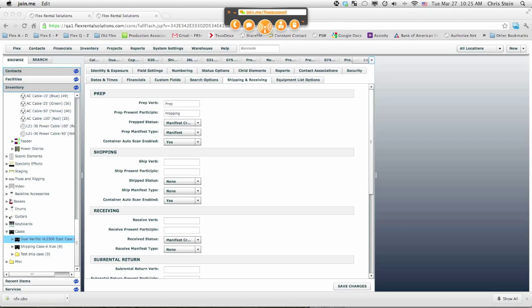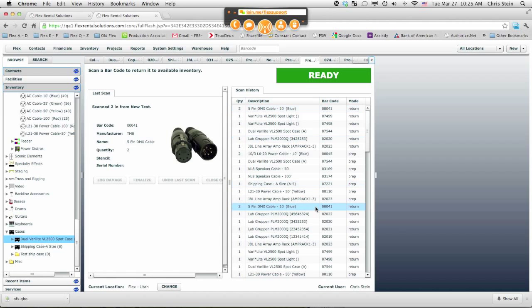Non-serialized items. Okay, so if you're asking on the free scan in how that works, if I understand that correctly. So if we go back to our free scan in here, and earlier we scanned out this L2130 power cable, and we have not auto scanned it in. So if I go and scan 00110, which is the barcode for the whole model,